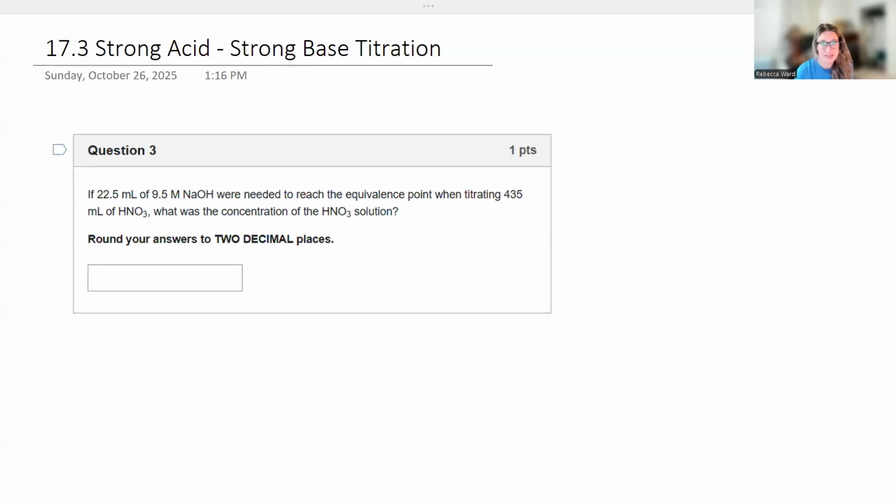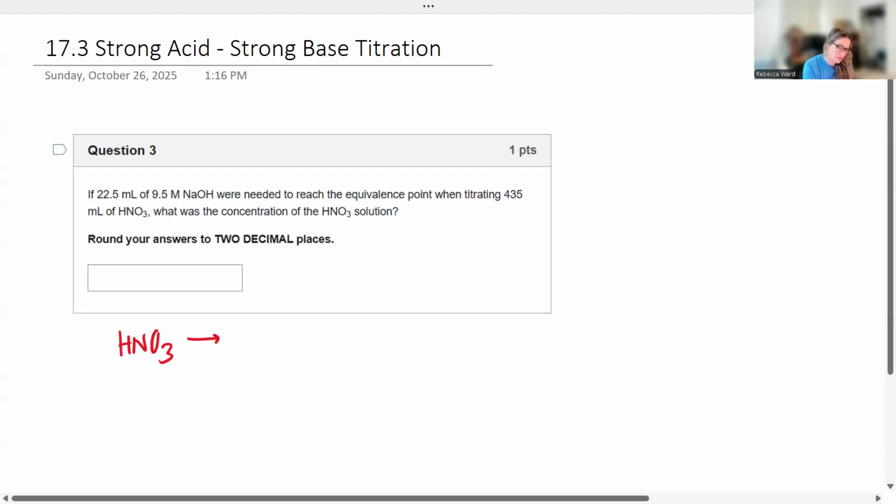All right, here we have an exam style question on a strong acid, strong base titration. So the key to these is recognizing that they're fairly simple. It's a neutralization reaction between our H plus generated by our strong acid and our OH minus generated from our strong base. So what happens here is HNO3